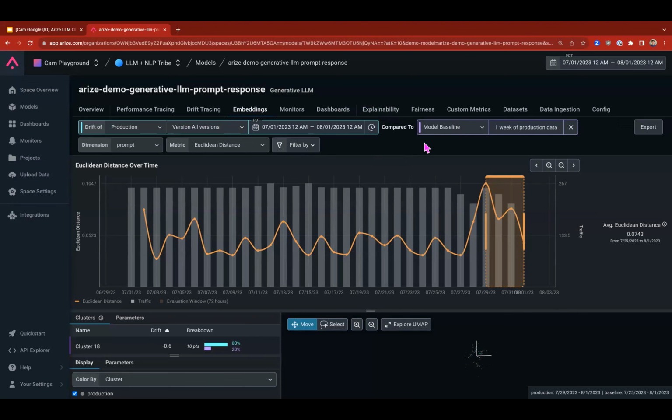Another way to think about this is query density, but overall, we're going to use the Euclidean distance to understand is there good coverage, and how do we know that? When my Euclidean distance is low, that means things are very aligned. When my Euclidean distance increases, that means something within this overall embedding space is becoming different. And that's what's going to drive you to come into a platform like Arize and actually figure out what's going on. You'll see that we have a little spike here, and we're looking at a return to, if you will, normal, but that's all relative.